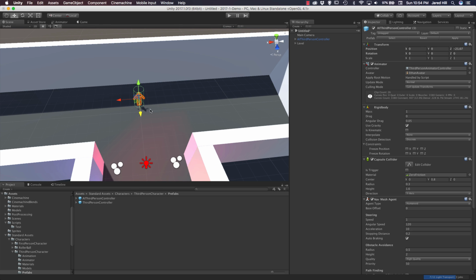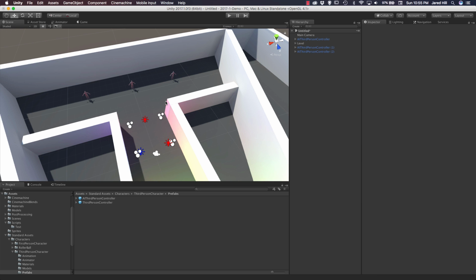And now I'm just going to duplicate it, and I'm going to move this one like -5. Let's go -7. There we go. -7 looks pretty good. And I'm going to duplicate it one more time, and this one I'm going to move to +7 in the X. Okay, now we've got these guys dragged into our scene, which is awesome, but we actually need to do